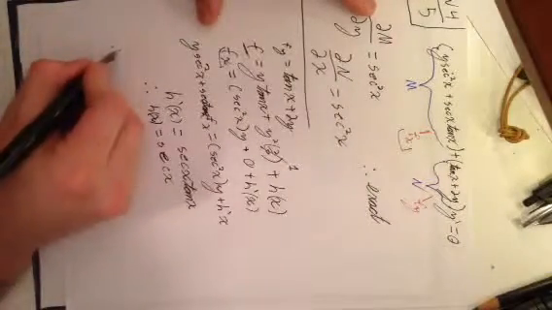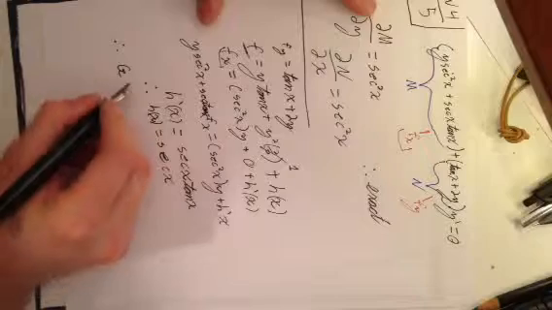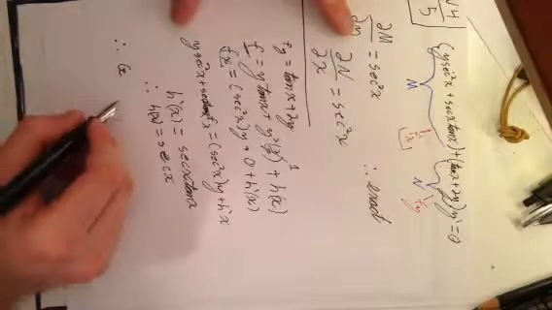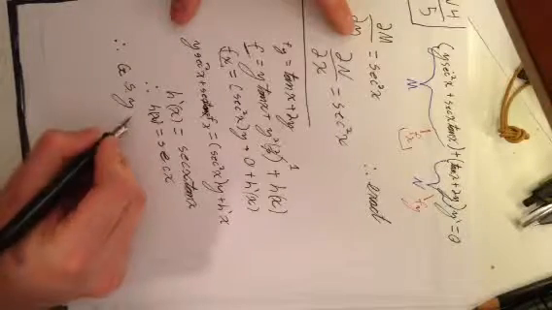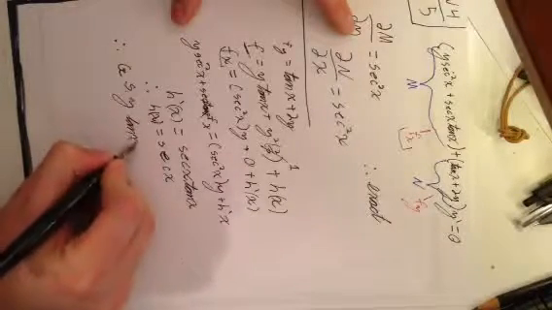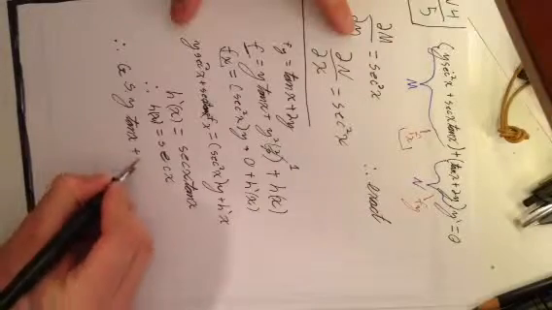Therefore, we can say the general solution is going to be y tan x plus y squared